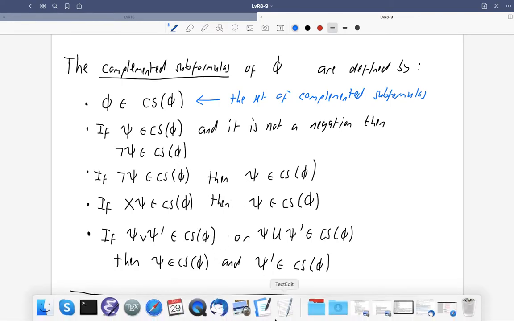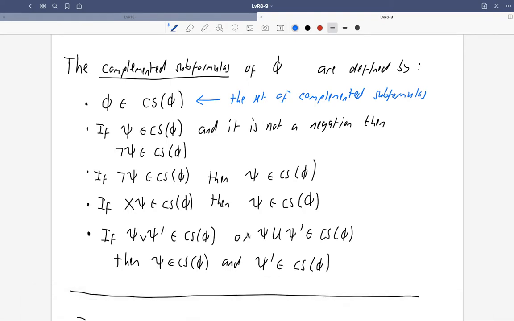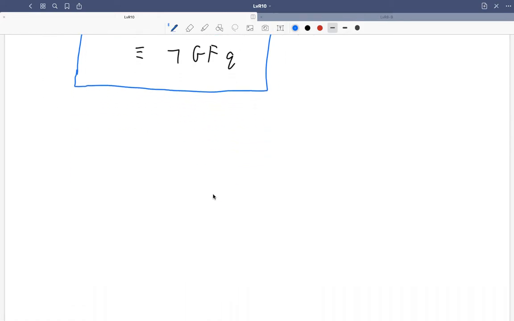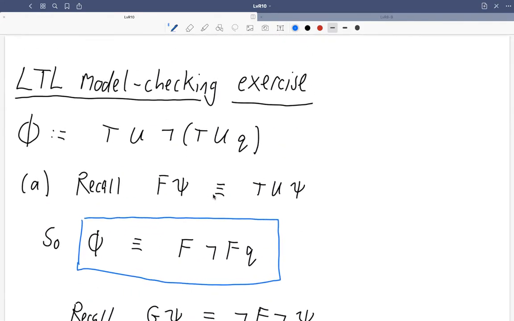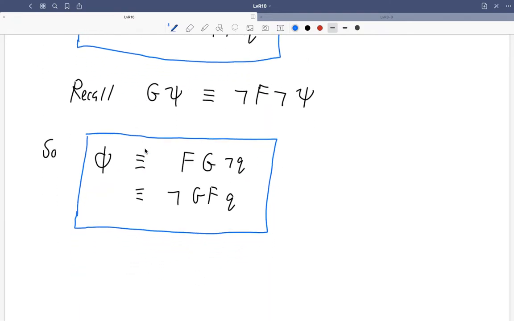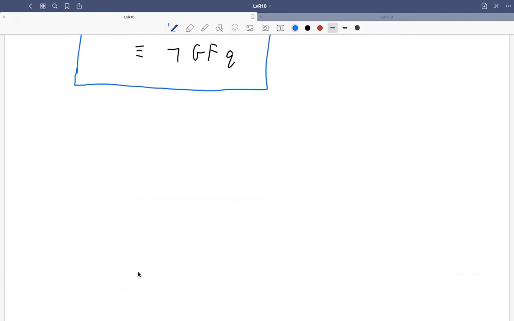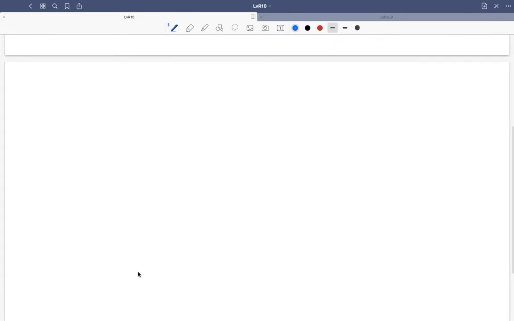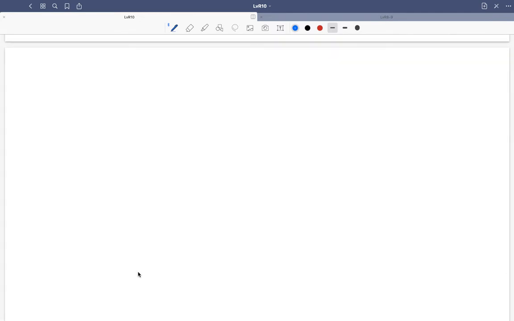I'm not going to explicitly refer to the definition now, go back and forwards between the definition because that would be a bit tedious, but we want to look at the set of complemented subformulas of the negation of phi, which is this. Notice that this formula already is in the form that it only uses the operators that we've restricted to. So it has the true and it has until, and those are the only operators this one has. So it is already in the restricted language that the definition of complemented subformulas was defined for. So let's go to here. We want to have,